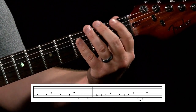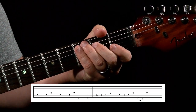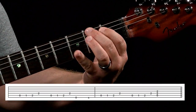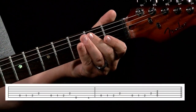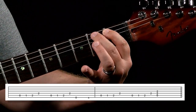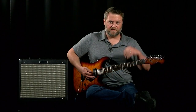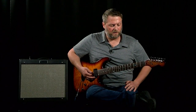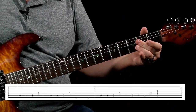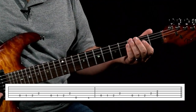There's the first one. And that's the second one. The third time it happens, it's the same as the first one. And then the fourth time, just like that. So we're going to take our initial riff, play it twice just like that, like we have all 3 other times,